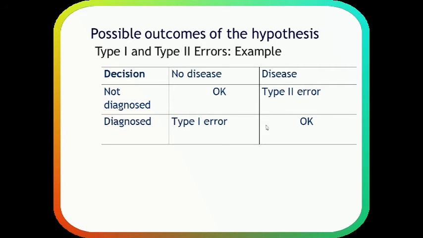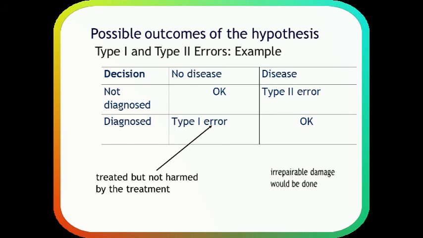The issue arises when a person is actually not having a disease, but your test is showing that person to suffer from the disease, or in other words, the person is diagnosed of the disease which he doesn't have. That makes you commit what we call a type 1 error. However, if the person is not diagnosed but has the disease, we commit what we call a type 2 error. So type 1 error is nothing but the person is treated on account of having been diagnosed but is not harmed by the treatment.